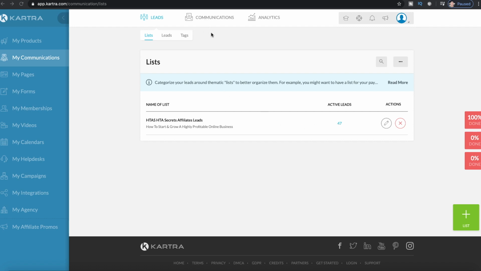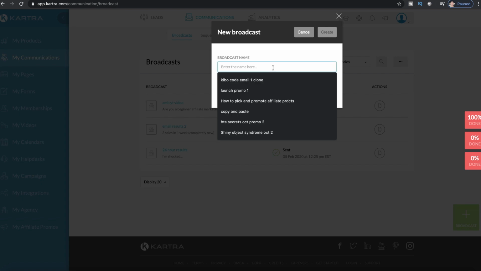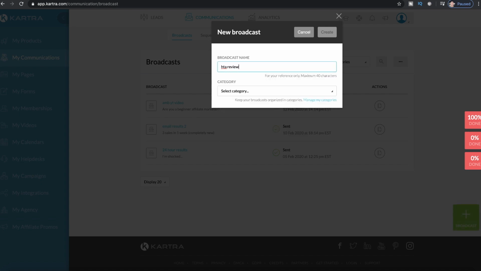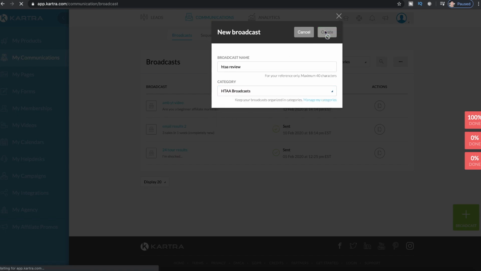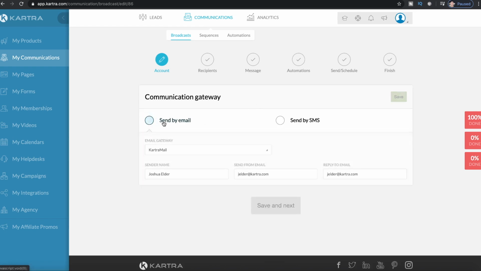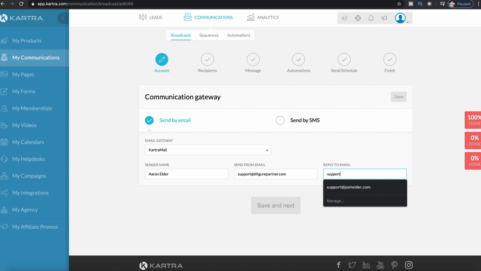So what we're going to do is go up over here to communications, broadcasts, like we've done before. We're going to select the plus sign to add a broadcast. And then we're going to name it HTA review. And then we're going to do HTA broadcasts. We're going to create, and then we're going to send by email, and then it's going to be Aaron Elder, and it's going to be support at sixfigurepartner.com. We're going to be creating another video here pretty soon showing you guys how to follow up with your prospects through email,